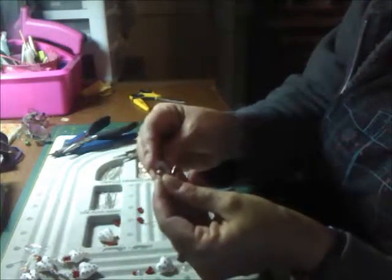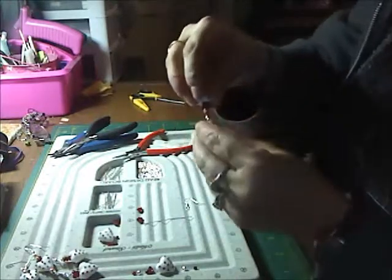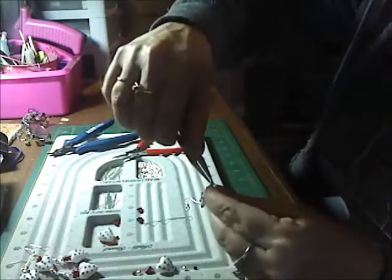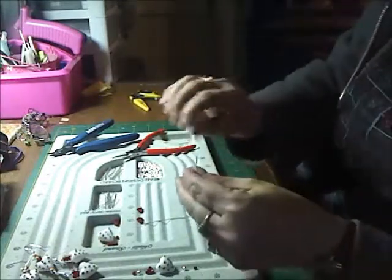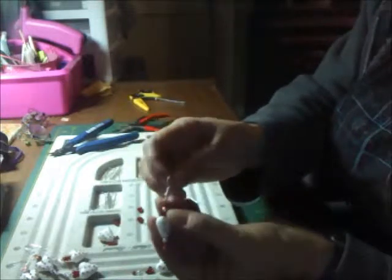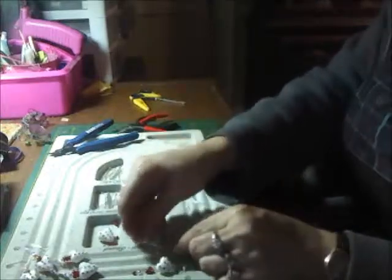Now we're just going to slip this piece on. And then we're going to turn that loop back to its original position. You might need to just close it a little bit more. You want to make sure that it's closed very tightly so that you won't lose this adorable heart piece that you just made. Follow the same steps to make the other earring,